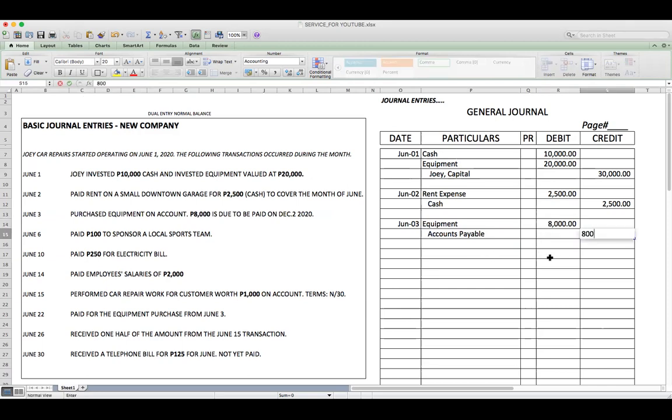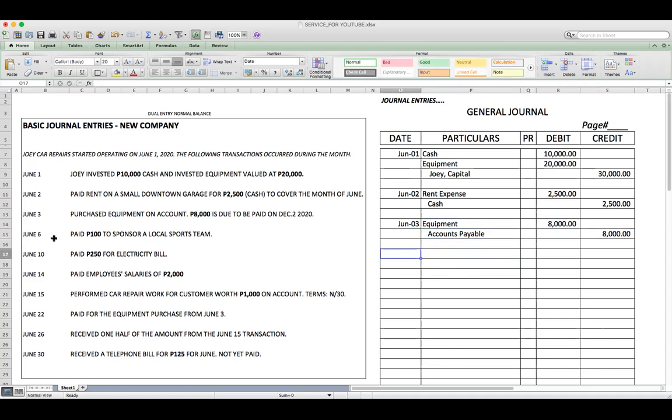So, ano ang epekto nito sa normal balance natin at sa ating accounting equation? So, na-debit natin ay equipment. It is a type of asset. So, debit yan. Normal balance ng asset ay debit. That is why it is an increase in the asset. While accounts payable is a type of liability account, at ang ating liability, ang normal balance ay credit. Therefore, increase din sa utang. So, increase in asset, also increase in liability.